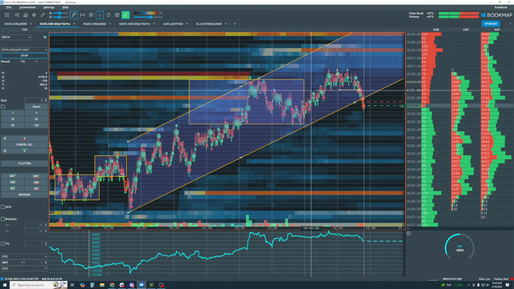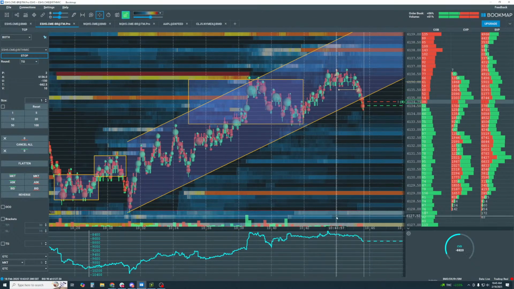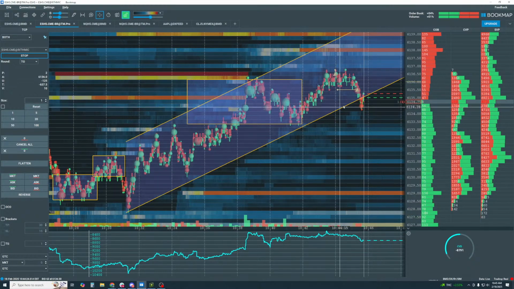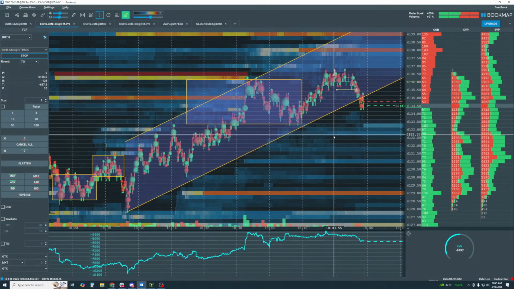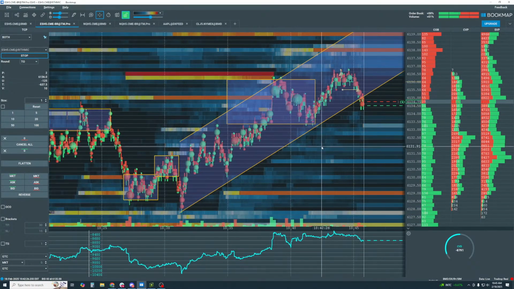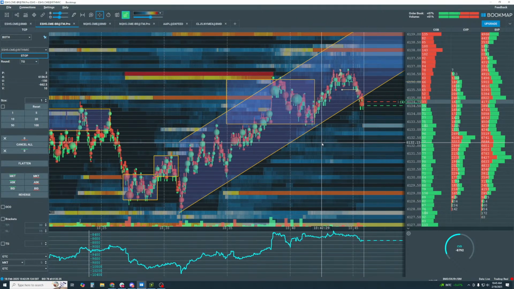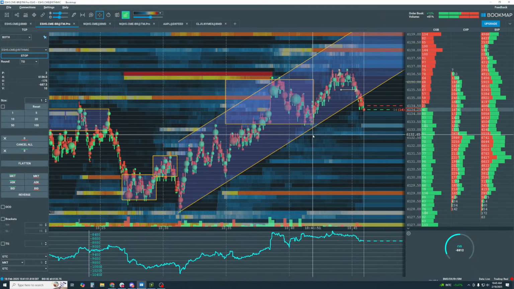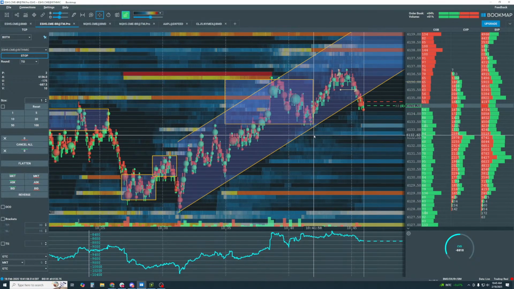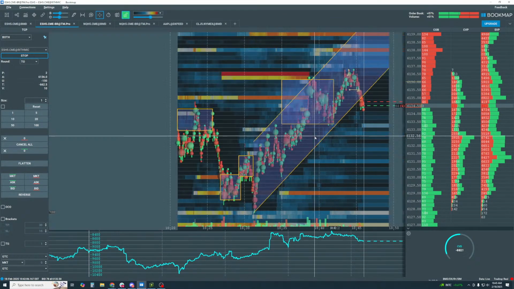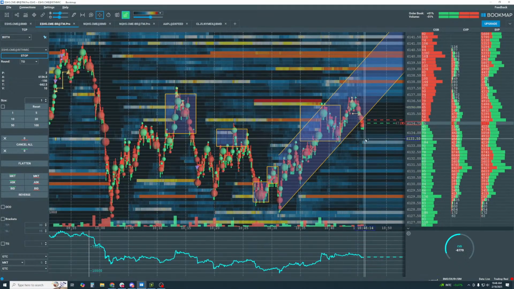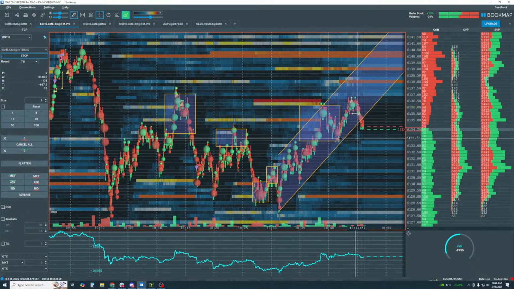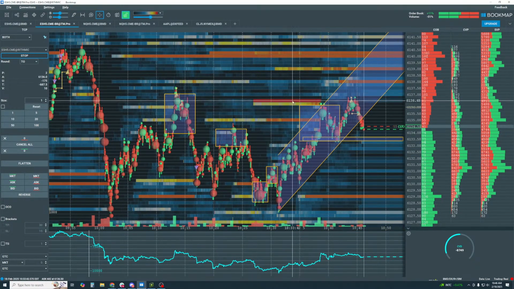There we go. Looks like it's starting to fail here. Let's see if we get a bounce off of this little channel, our structure that we just had marked up here. I would also look for some support right here at this 33 area.